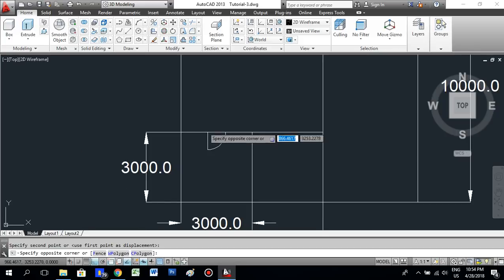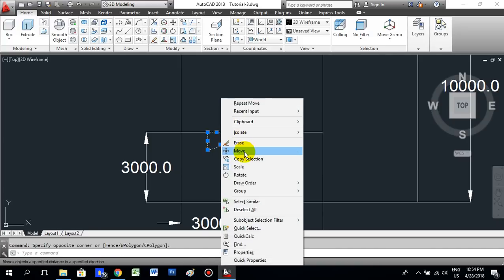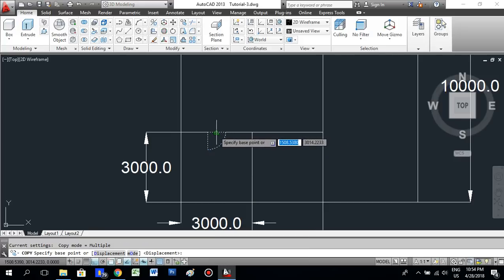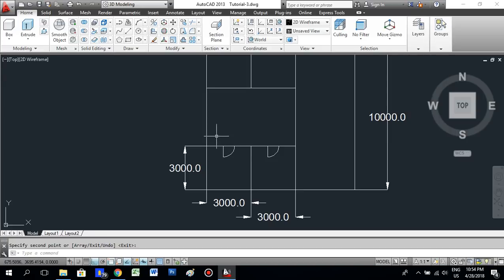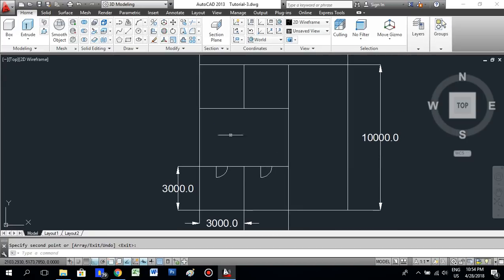Okay, now this same door we copy it, right click, this time we are using copy, and click the center point and move it to the center point of this room, then press enter, finish the copy command. Now we made the doors for these rooms, and we have to use the same doors for these rooms as well. So for that